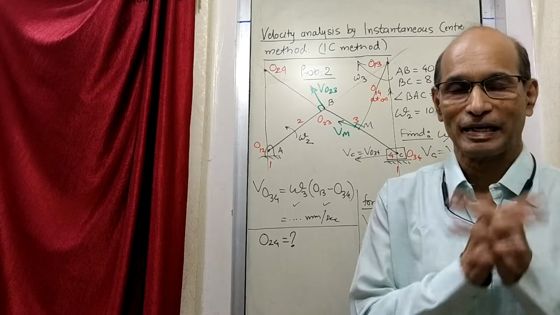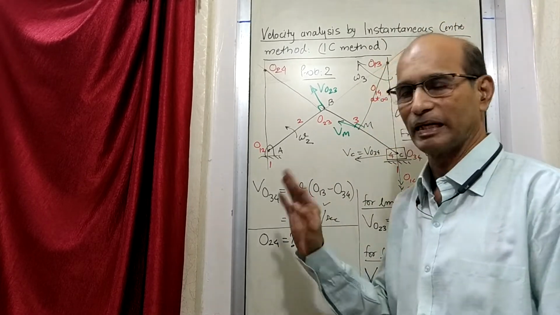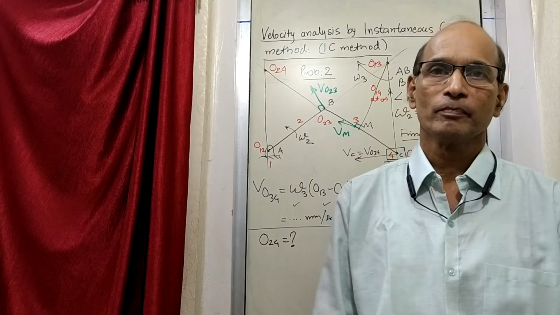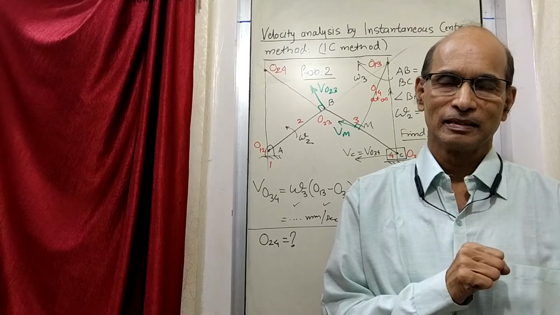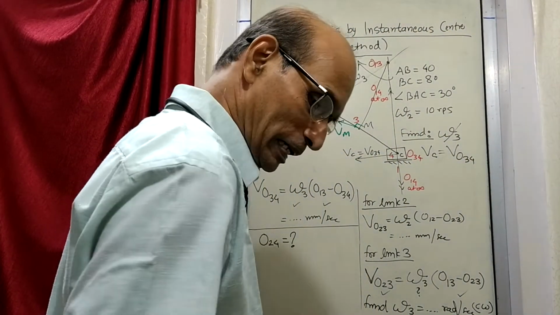We will find out whether it is right or wrong. Suppose we accept, for the time being, that this 24 belongs to link 2 also and belongs to link 4 also. Now if this is the case, then can we write like this,